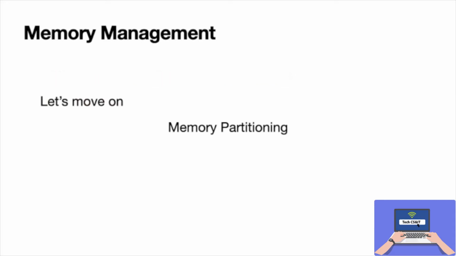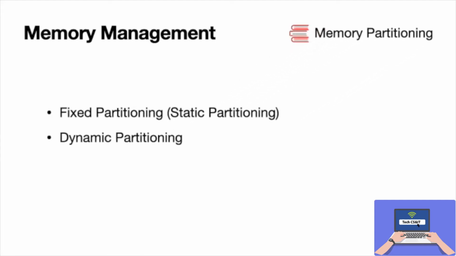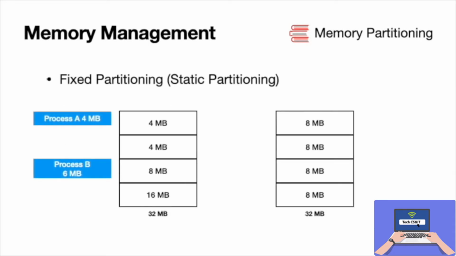We usually manage the memory using partitions. So we have two very popular techniques or methods of partitioning, known as fixed partitioning, which we also call static partitioning, and the other one is dynamic partitioning. In fixed partitioning, the number of non-overlapping partitions in the RAM is fixed, but the size of each partition may not be the same. As the allocation of memory is contiguous, that is continuous, no spanning is allowed. So what is spanning? Spanning simply means we can't allocate non-contiguous space of the memory. Later you will see what I mean.